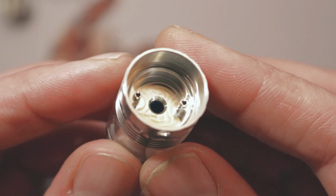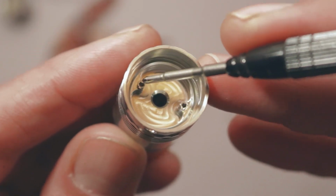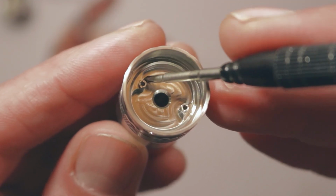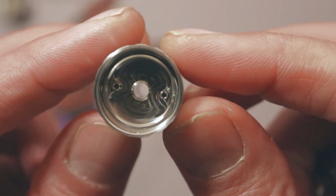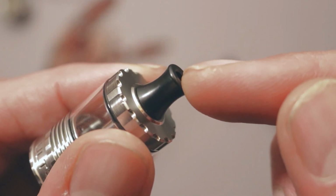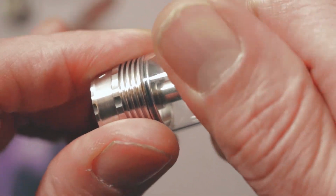By the way, this is the bell. As you can see, here and here is where your e-liquid will come. So it's a kind of flashy vapor thing, you know. This is the chimney. Then we got a standard 510 drip tip. Let's pull it off, you see. And then you can screw it off